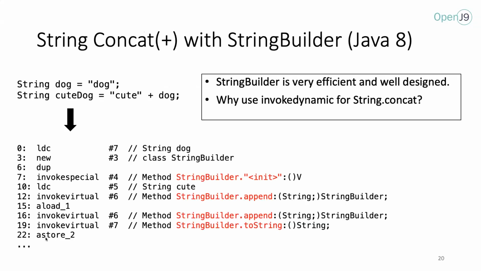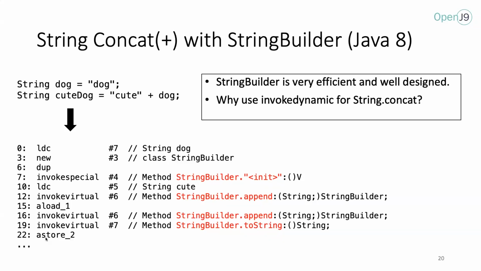Prior to Java 9, this is how string concat was handled. So in this example, we are concatenating two strings, cute and dog, and the corresponding bytecodes for this example in Java 8 will look something like this. It's going to heavily rely on StringBuilder,